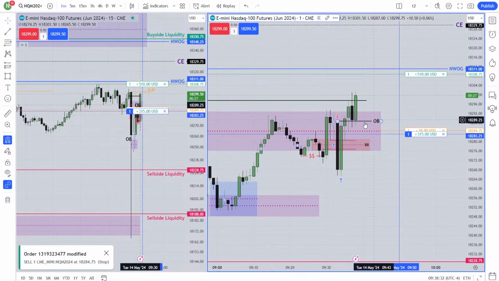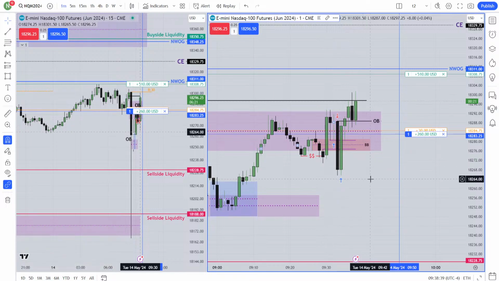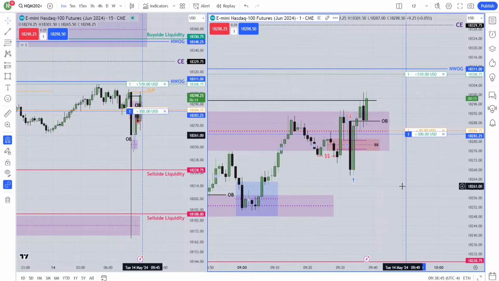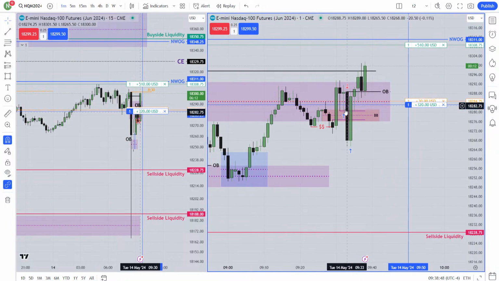Now yesterday when I took a loss, immediately I changed my bias and I took a sell. That also depended on the price action here. This is also depending on the price action. So if you call it a revenge trade, I don't agree with you, because this run is just a manipulated run.